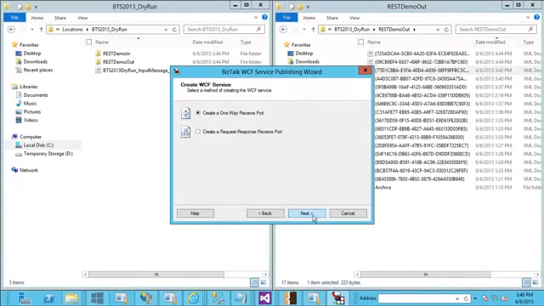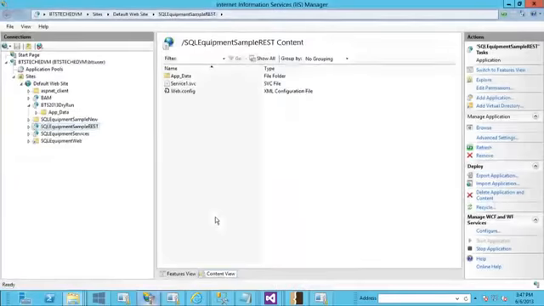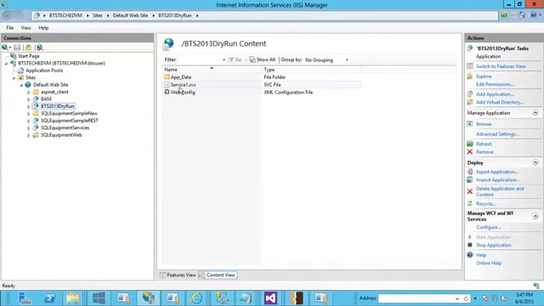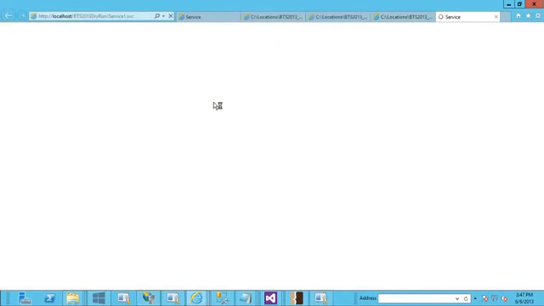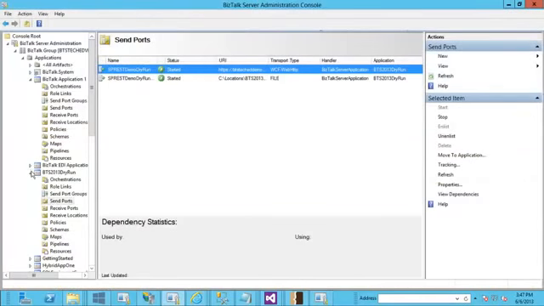And I'm going to create a one-way receive because I'm just going to send the data to it, and what is the name of the endpoint which I want to use. So far it's a pretty generic one. The neat thing is that now we are able to expose via WCF web HTTP. I've done this, and if you go to the IIS console, I had exposed a REST service called BTS 2013 dry run, and it's a REST endpoint through which you can invoke, and your BizTalk process can dictate what happens when you make those operations. So what I've done next is, if you go to the receive locations,